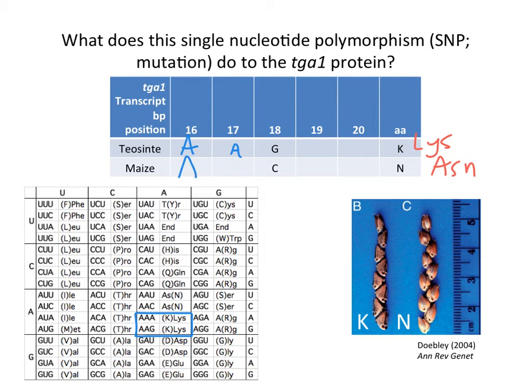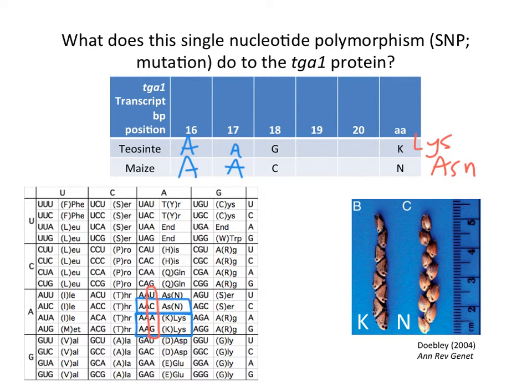If you go from AAG to AAC, where's AAC? Yep, right above it. So a single nucleotide change causes an amino acid change because it's in the third position of the codon. Circled here in red. If you start with AA, there's only two types of amino acids you can make, lysine or asparagine. And this simple change, last point here, that simple change, one amino acid change caused by one nucleotide